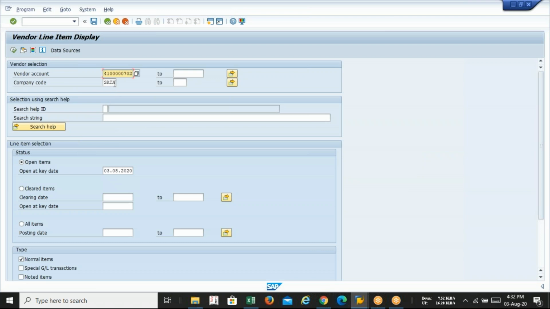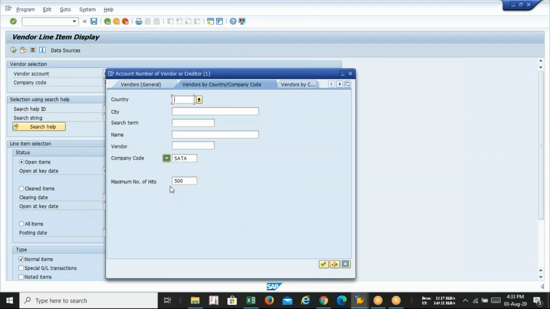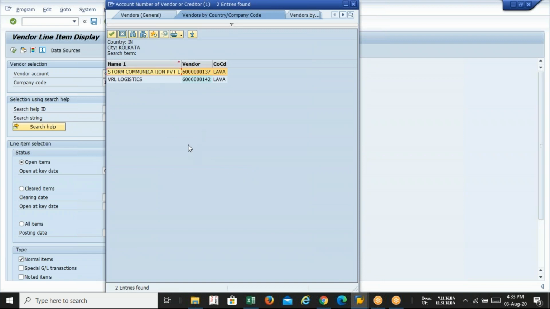I have to select my vendor and company code. My company code is LAVA, and I have a vendor, Storm Communication.